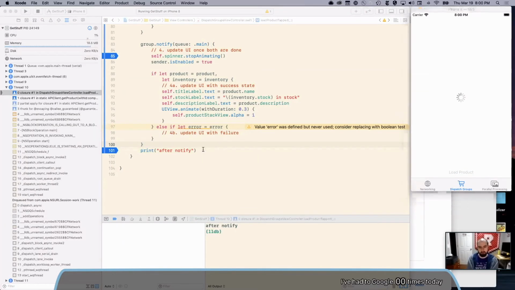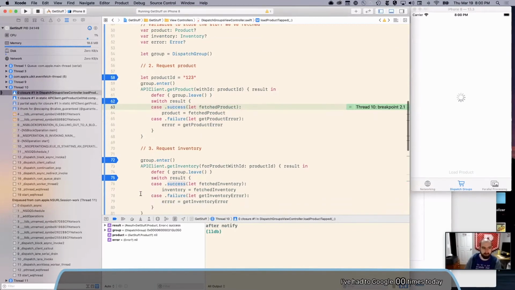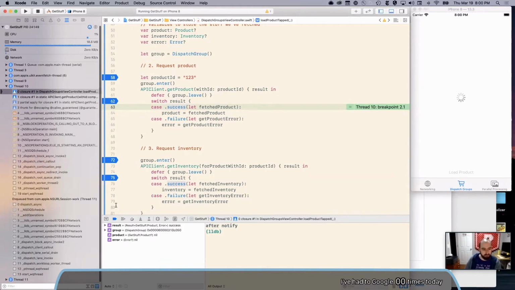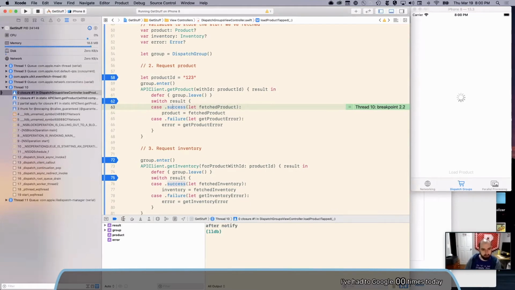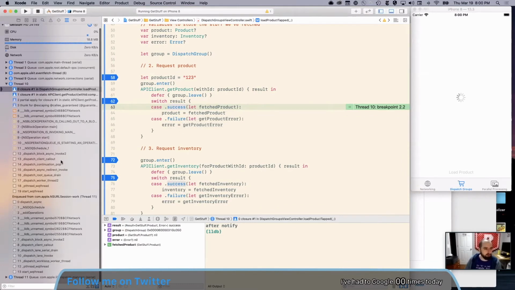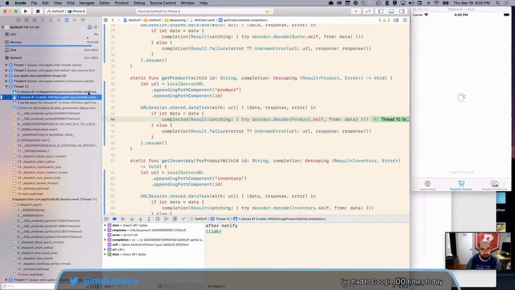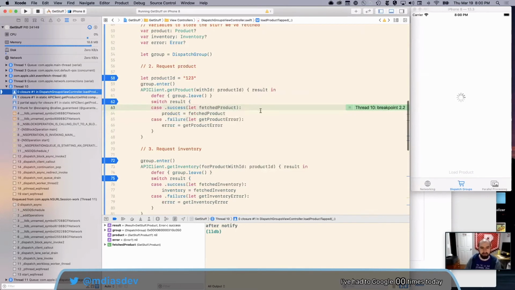And by this point, enough time has passed that our get product came back. So that one happened. That happened to happen first this time. And I'm going to hit continue again. And did it hit again? The debugger sometimes lies to you and is just in general very terrible and confusing. So if it looks like it hit the same line twice, my main explanation is that it just sort of does that sometimes.